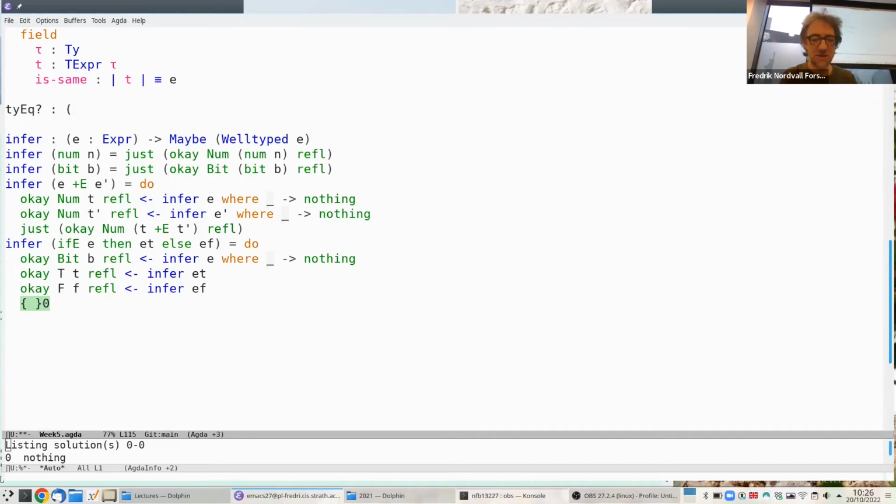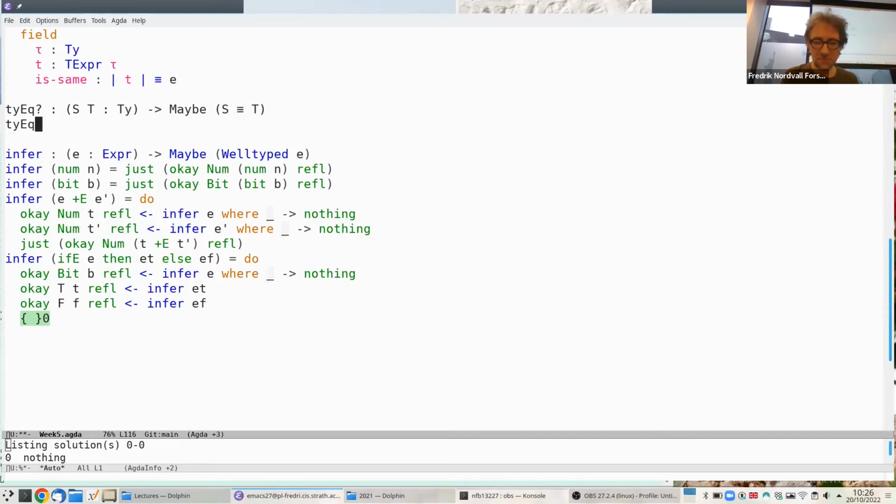Yeah. Which takes S and T of type Ty and gives me maybe a proof. What is this? Backslash equals. Maybe a proof that S equals T. So if you put on the bottom line, okay, T F, that wouldn't work. So where? That capital F, the going capital T. Yeah,